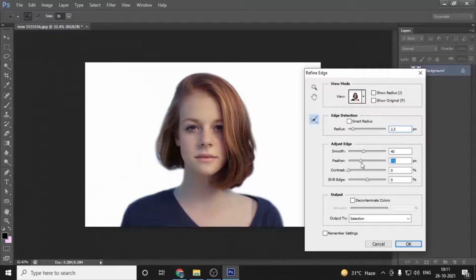Now watch what is happening. Feather, smoothness, shift edge. Let's reduce the shift edge. Contrast doesn't matter. Shift edge.